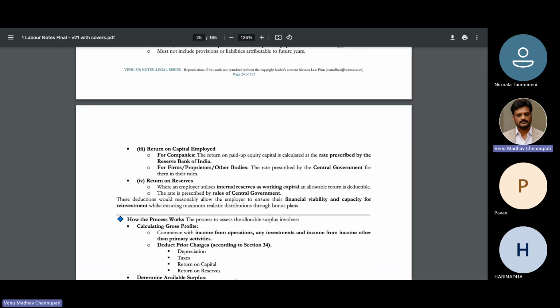Okay, and then the other one is return on reserves. When an employer utilizes internal reserves as working capital, an allowable return is deductible. So working capital